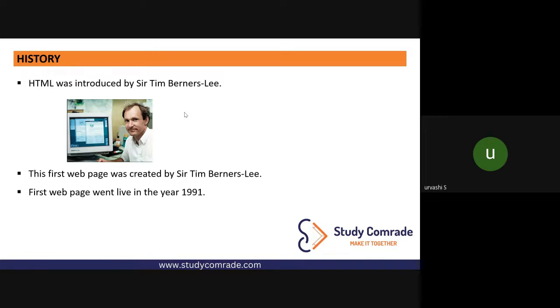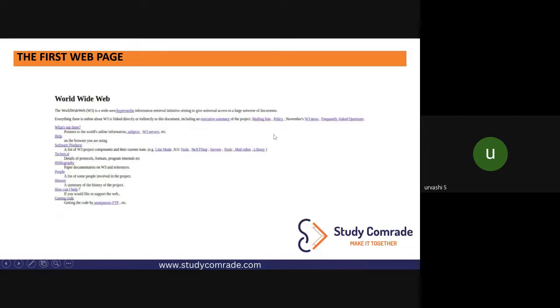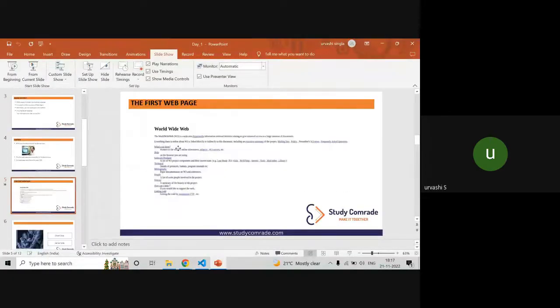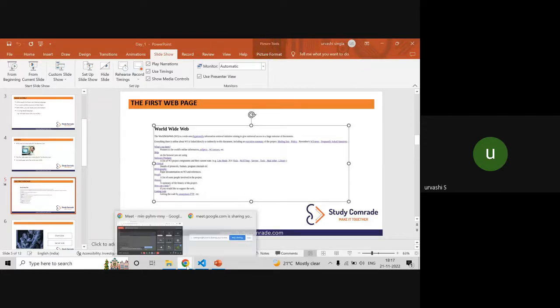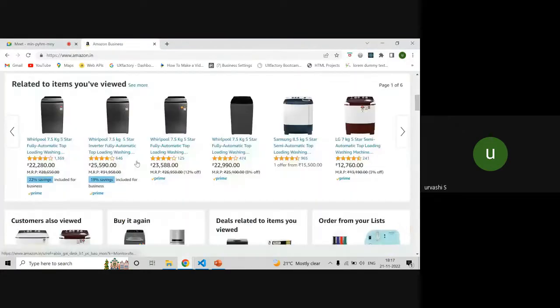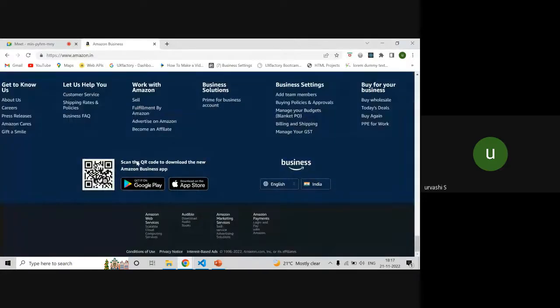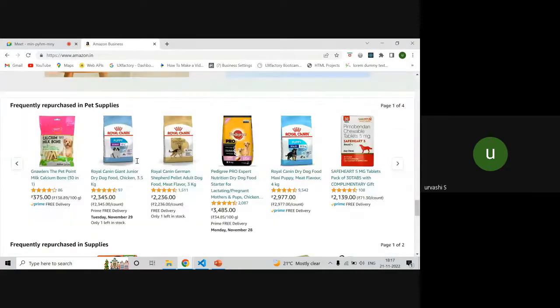The first web page that went live, in 1991, was created by him, and this is how it used to look. This is how websites looked back then, in 1991, and this is how they look now. You can see how much front-end development has evolved in approximately 30 years.